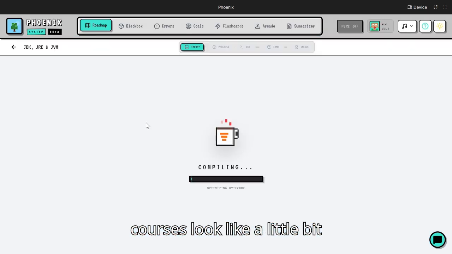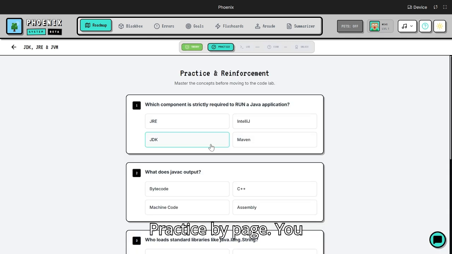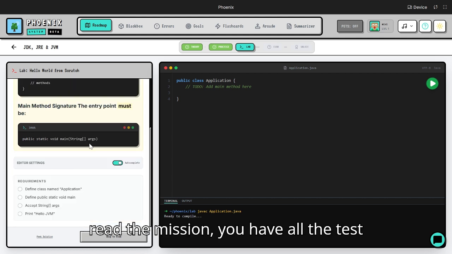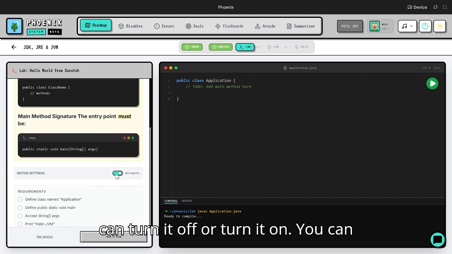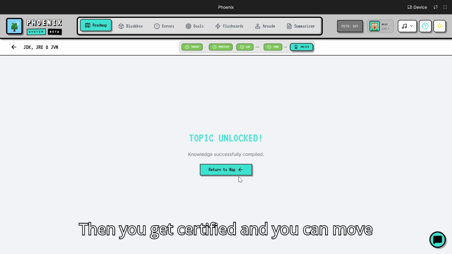And the courses look a little bit like this. So here, this is the basic idea of it. You can see the theory, and this practice page. Now we have labs. You can read the mission. You have all the test cases. You have autocomplete as well. You can turn it off or turn it on. You can also peek at the solution. And then you can compile it. Exam is basically this. Then you get certified and you can move on to another